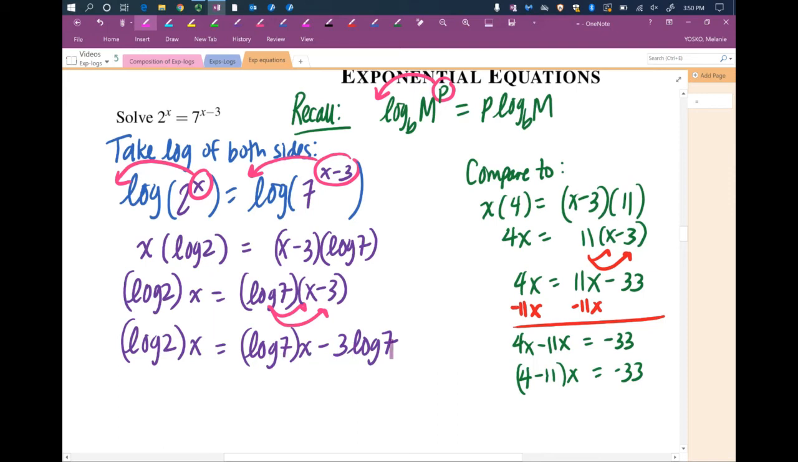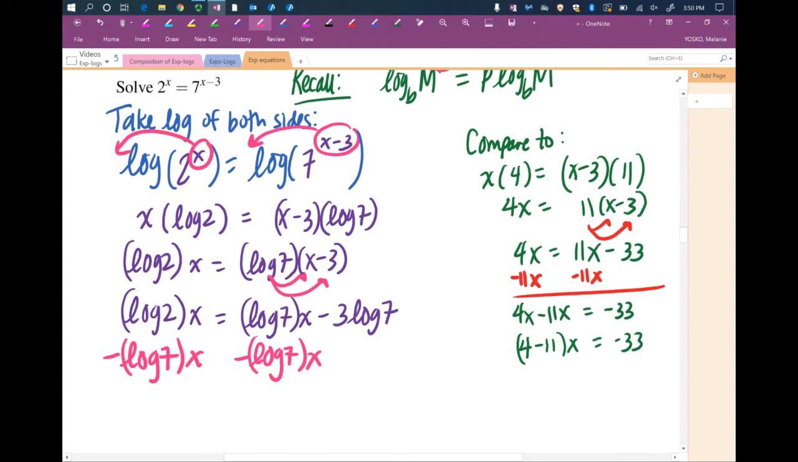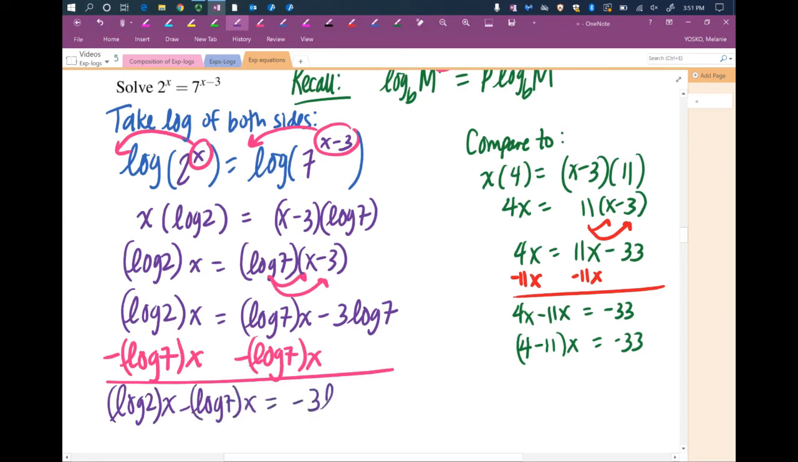So look over here. On this side, I have an x term, and on this side I have an x term. So let's get all the x's together. I'm going to move everything, and it doesn't really matter, but I'm going to choose to subtract log of 7 times x from both sides. In other words, I'm moving it to the left-hand side. So when I do that, I end up with log of 2 times x minus log of 7 times x equals negative 3